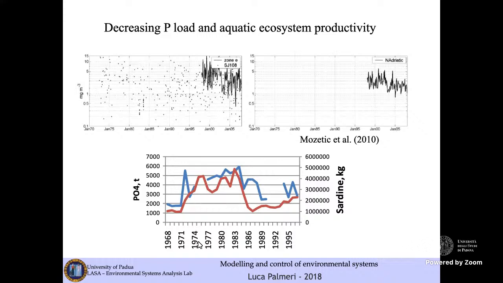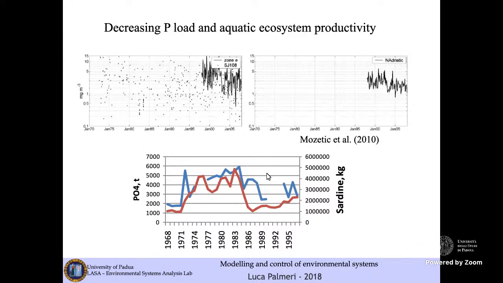Instead, let us look at the bottom part of the graphic. Here we are describing the effect of phosphorus, that is the red line,